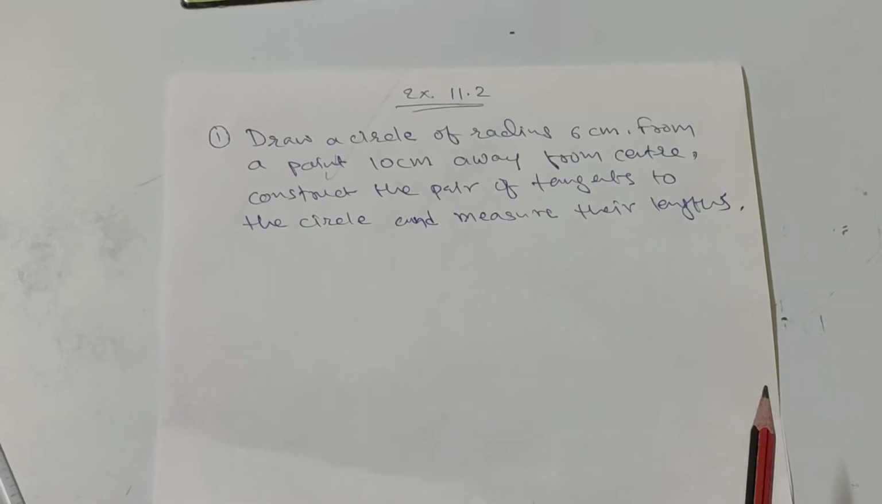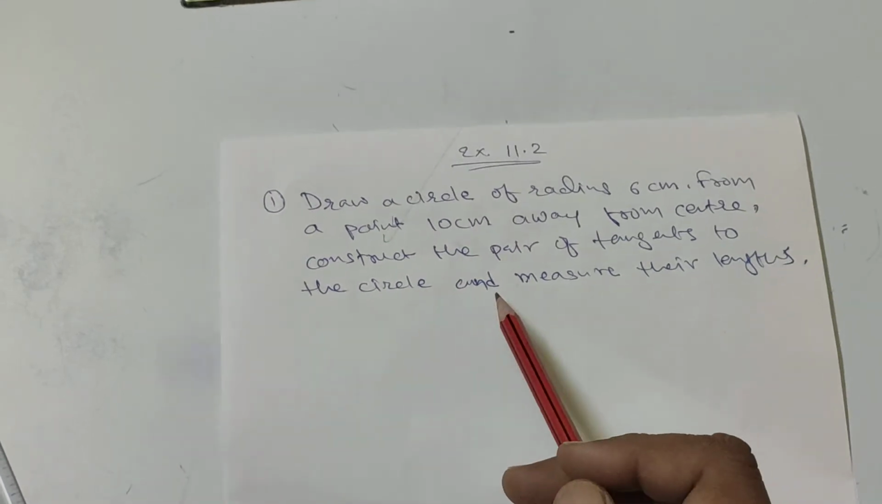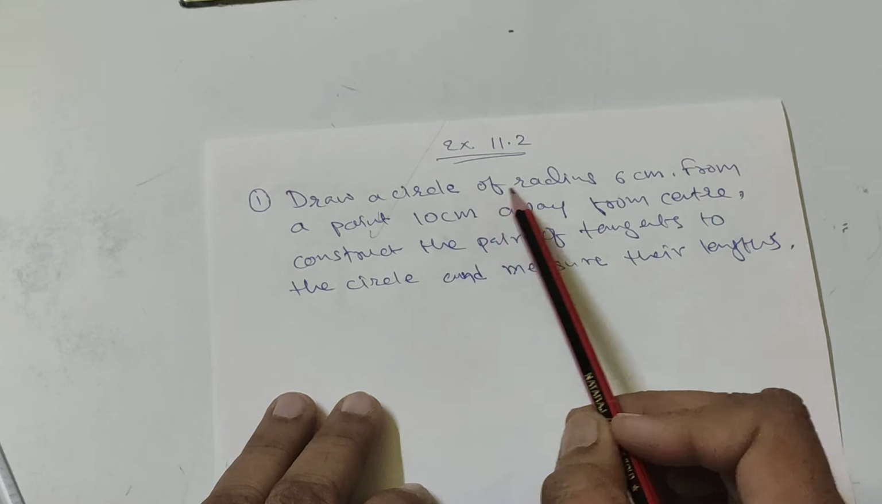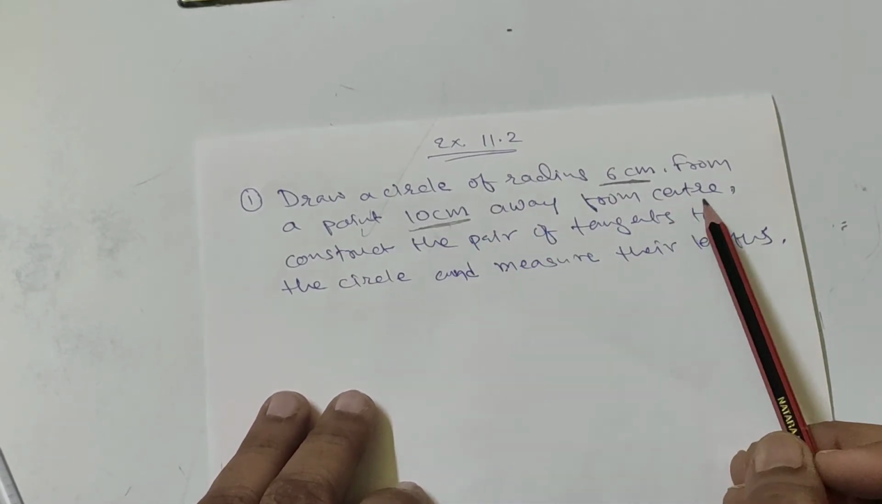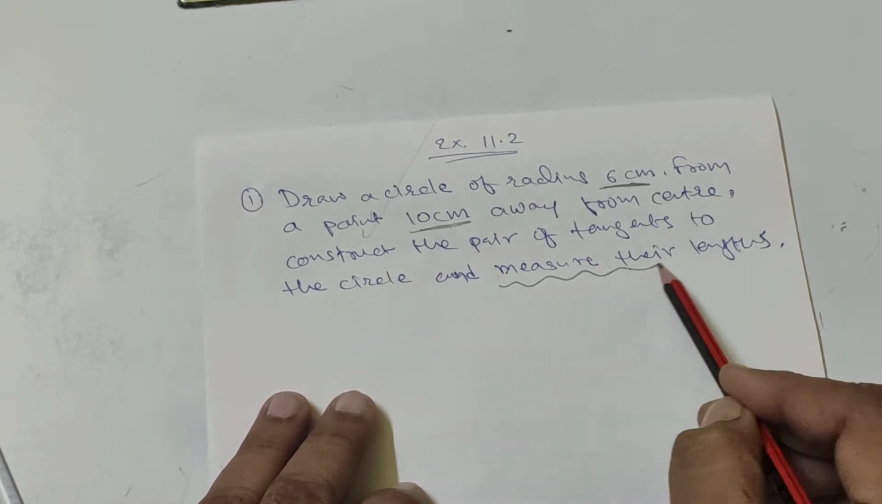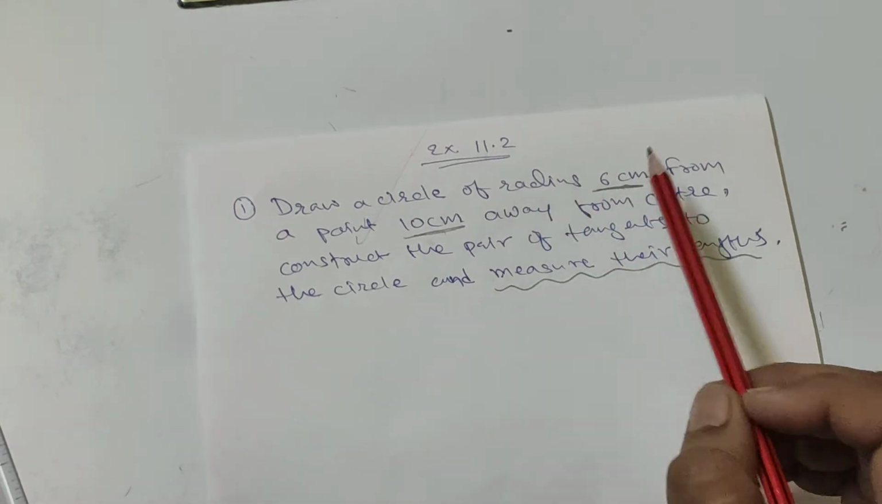So we'll do that first, and then after we'll go for the second one. So this is the construction which we should have done first. Draw a circle of radius 6 cm from a point 10 cm away from the center. Construct a pair of tangents to the circle. Also measure their lengths. So what we have to do is, first of all, we'll have to draw a circle